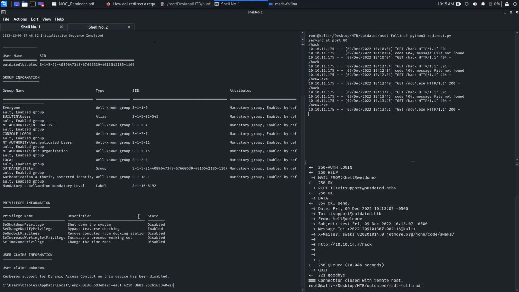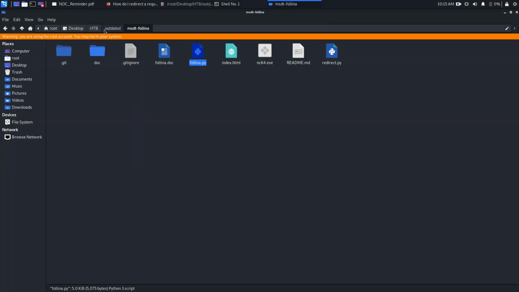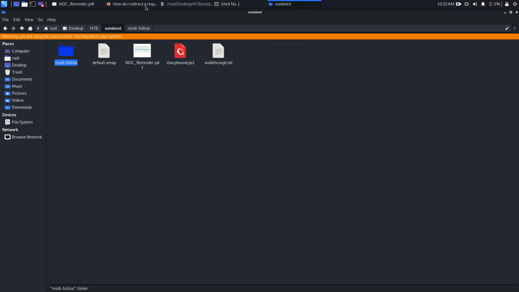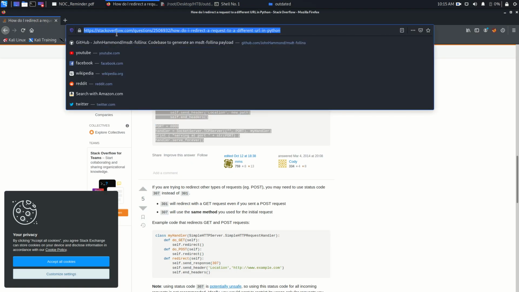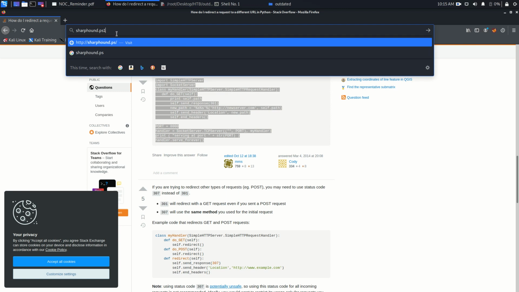Okay, let's go and we will start enumerating with BloodHound. Why not? Clear will not work. So what I'm going to do here is I already have the sharphound.ps1 which I downloaded. You can easily find it on GitHub. Sharphound.ps1